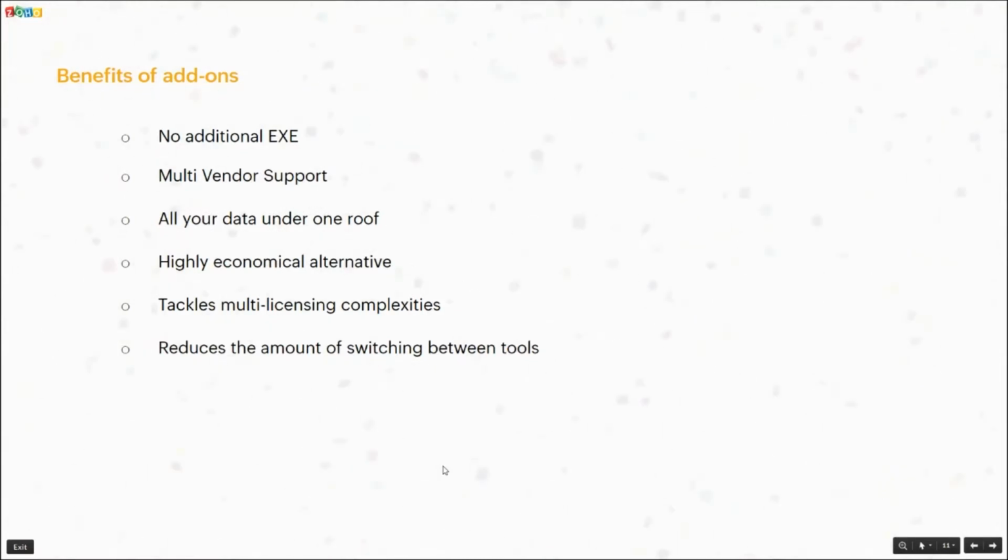This also reduces the amount of time we spend on switching between different tools. If you want to see the bandwidth usage, you have to go to a different login and view the information. If you want to see a configuration backup, if there is a change in the network, you have to go to a different tool. When you use OpManager with the add-ons, you do not do all of this. Everything comes under a single roof where you can view it in a single installation, with detailed data of what is happening at what particular time, which network parameters you want to monitor, and a detailed picture of how things are happening.